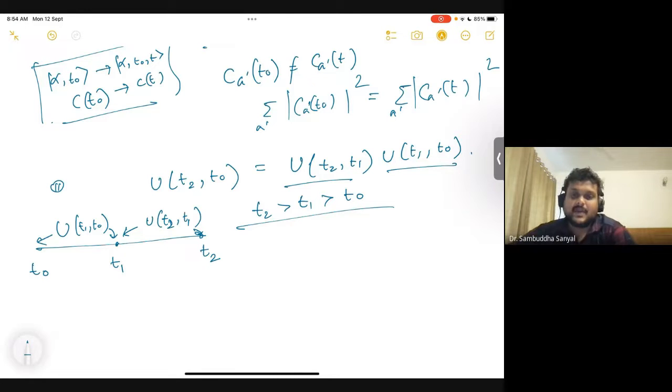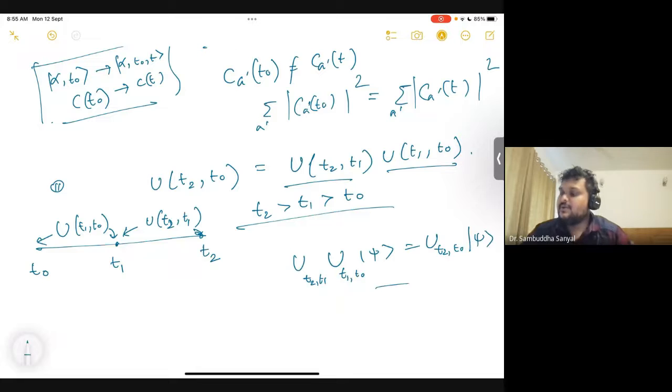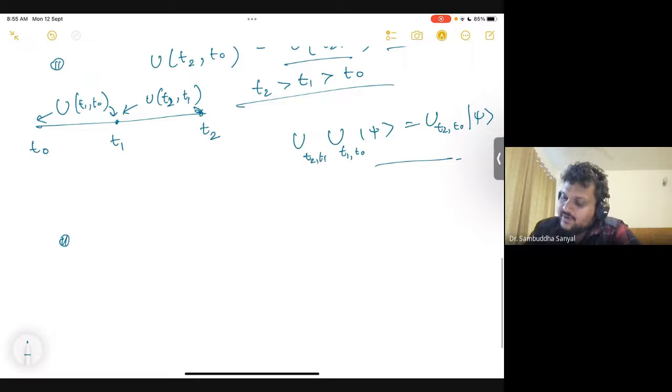That's a very logical demand, because if I have a time translation operator, it is also applicable for a space translation operator that takes from one point to another and that point to another point. Then the whole operator must be a product of these two operators. I take a state, apply the first one, which takes it from t0 to t1, and then apply the second one. This should be equivalent to applying U(t2, t0). So we are going to use this simple reasonable demand. Let's now write down a differential form of this just like before.